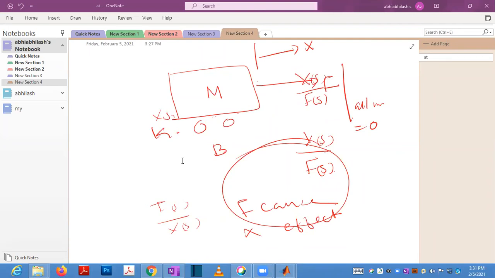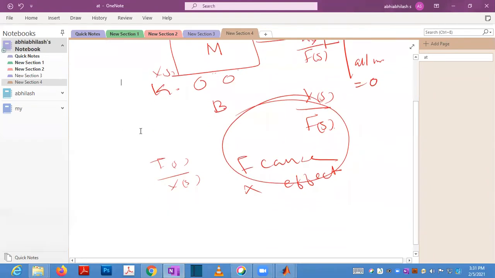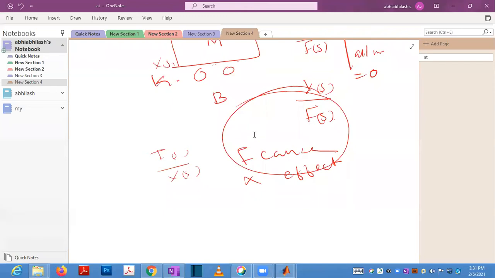So you have to derive those things. I think you studied these things. So it should be f is equal to m x double dot plus B x dot plus k x.